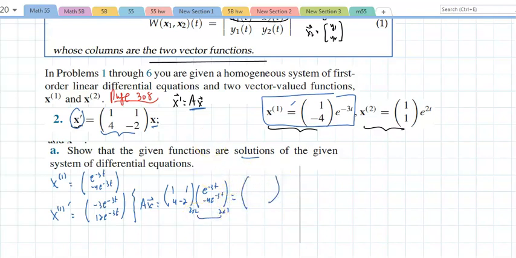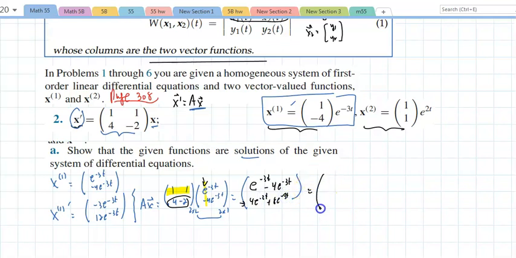And the way it works, you would multiply this row by this column. That would be e to the negative 3t minus 4e to the negative 3t. And when you take the second entry, multiplied by this vector, that would be 4e to the negative 3t